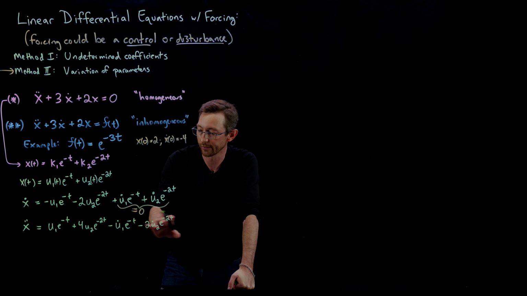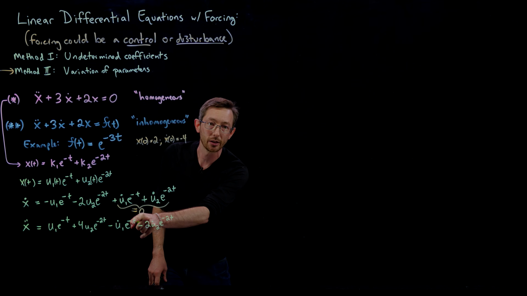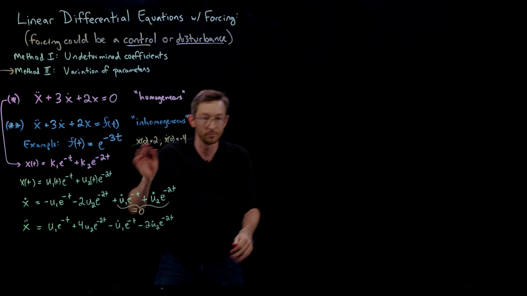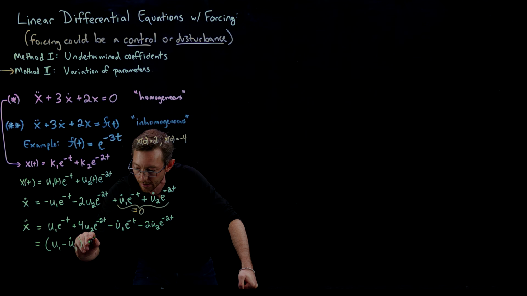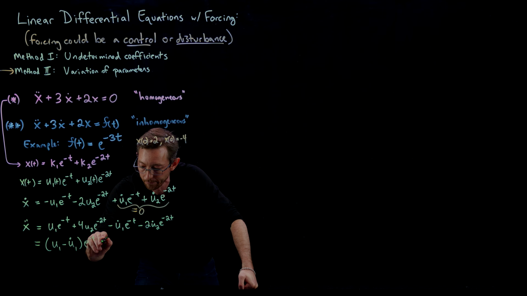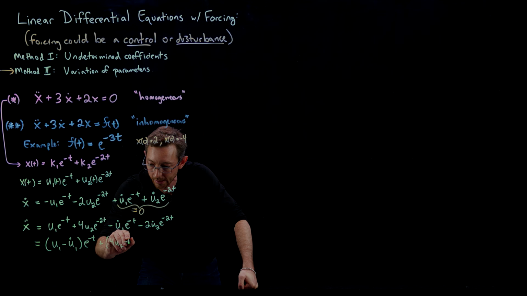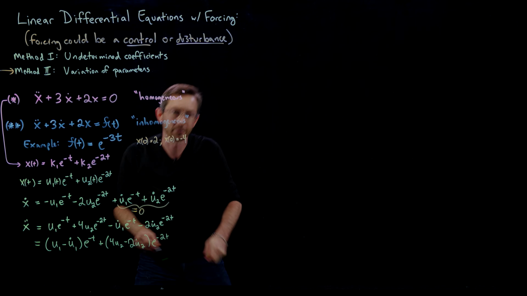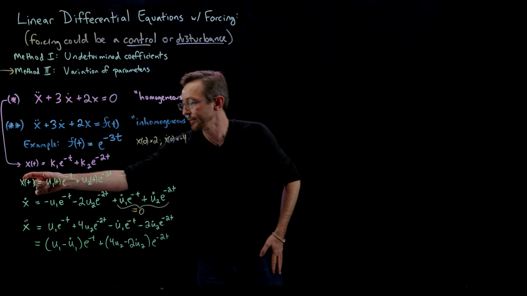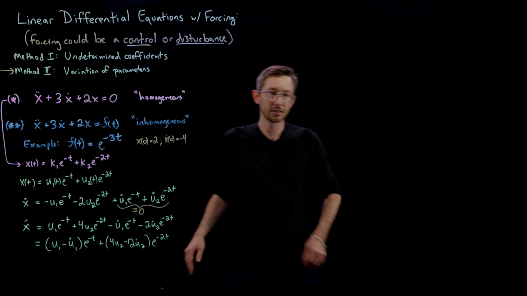Okay, no big deal, that's fine. And I'm not going to make that same kind of assumption on this term. I'm going to let all of these terms stay. I could group this into something like u1 minus u1 dot, e to the minus t, plus 4u2 minus 2u2 dot, e to the minus 2t. Okay, so that is my x of t, my x dot of t, and my x double dot of t,